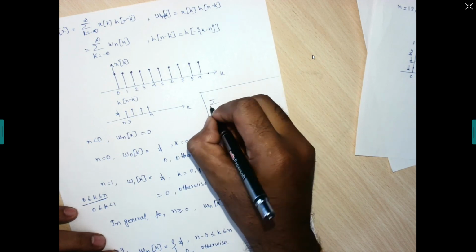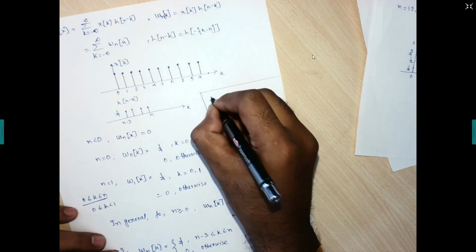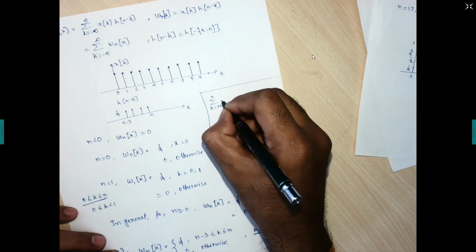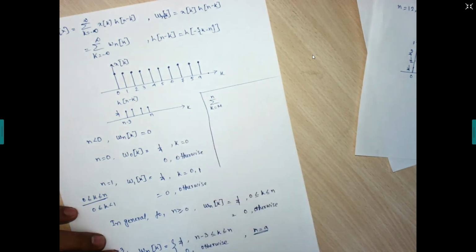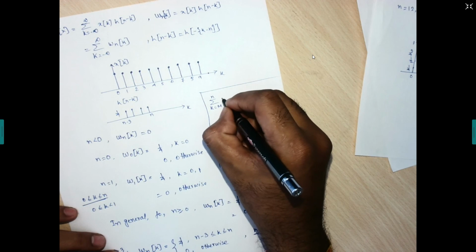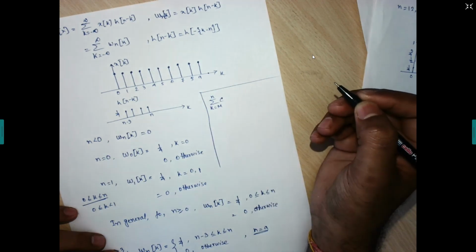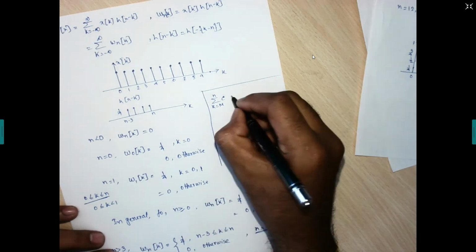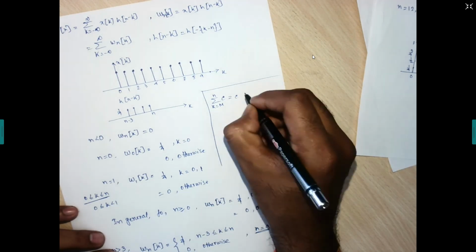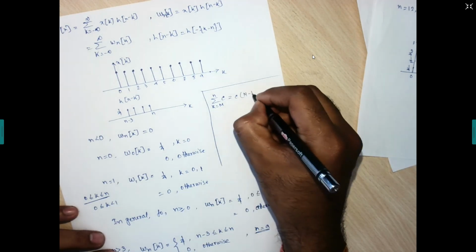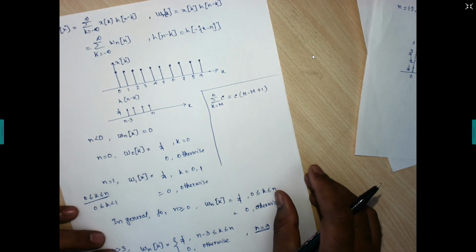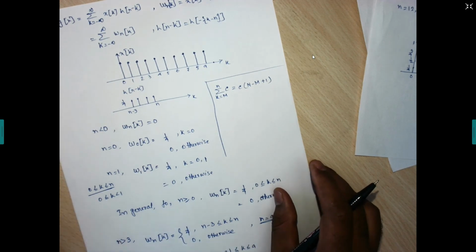Let us consider k is starting from m to n, and we are having the amplitude of c, because all of them are maintaining the same amplitude. So let us consider this amplitude level is c. Okay, n and k are producing some amplitude level of c. So what will be the summation? Summation is c into n minus m plus 1. Clear? Getting or not? Just try to understand.